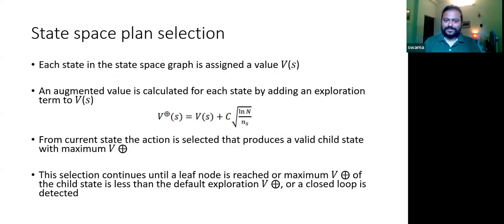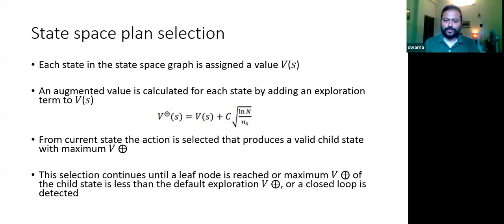So as you have guessed, for the state space plan selection in the graph, we need some kind of measure to select the next state from a specific state. Each action needs to be selected, so there has to be some decision. So it's basically the same upper confidence bound interval that's used in Monte Carlo tree search. We are going to assign a value for each of the different states. The value is based on the rewards that we capture after taking different actions. Along with this value, a certain exploration term is added.